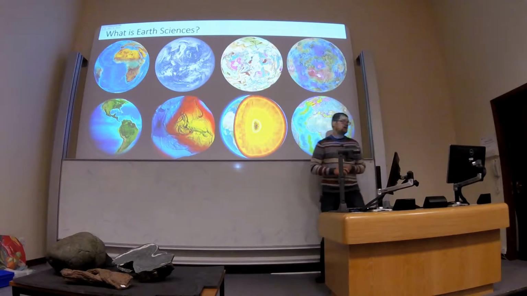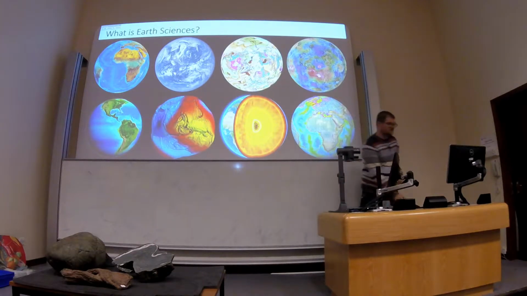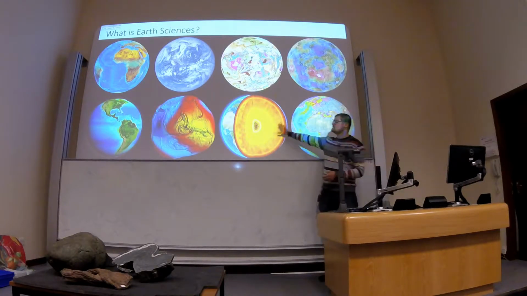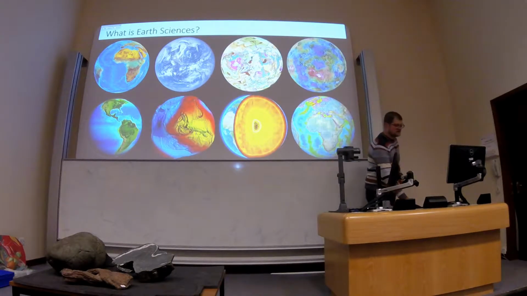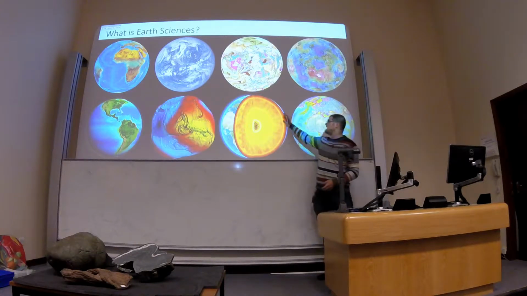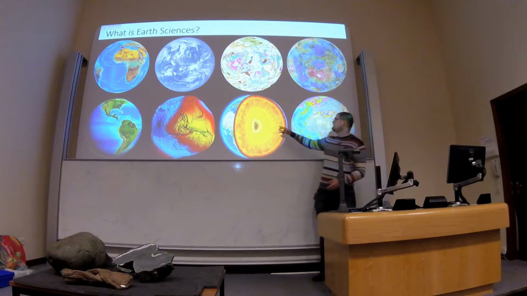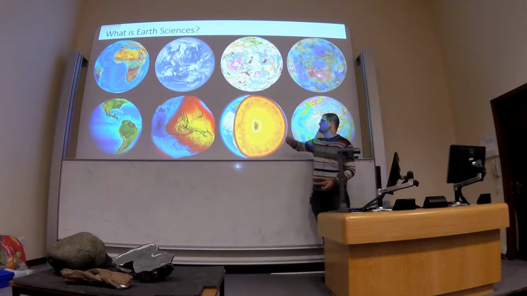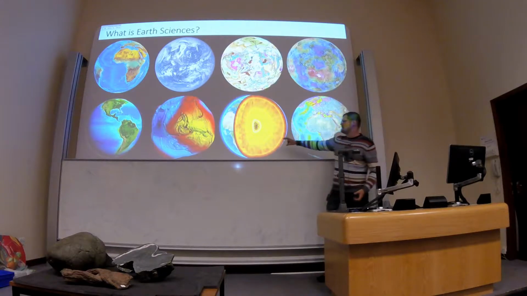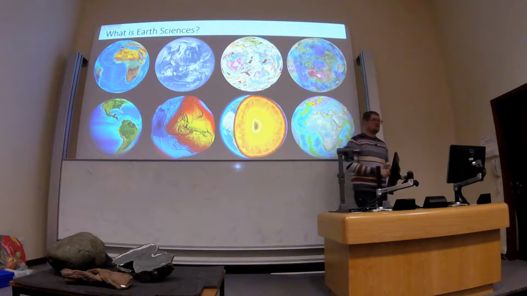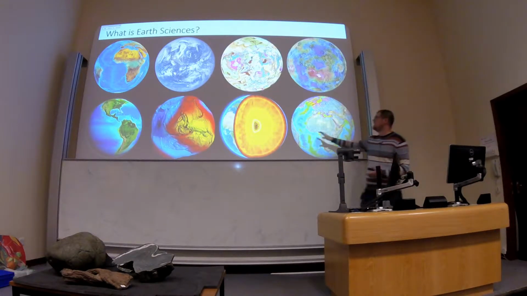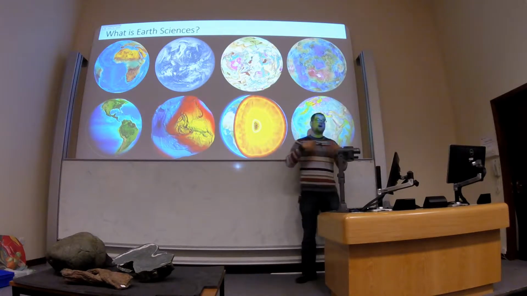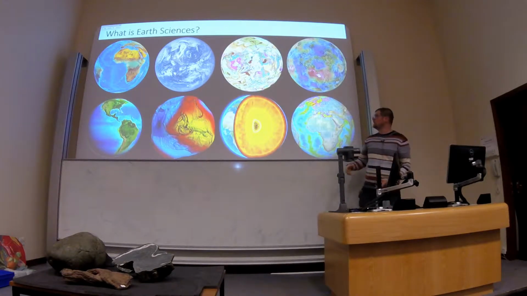looking at how the topography is. We map out things like the different types of rocks we find, so this is a geological map of the Earth. We look inside the Earth here, so this is a cutaway model looking at the different layers we find down inside the Earth. So we've got a solid iron core in the middle of the Earth, surrounded by liquid metal. And then we've got a solid-ish rocky mantle, and then this very thin layer on the outside is the rocky crust that we live on. Okay, so images like this are produced by our understanding of geophysics of the Earth.